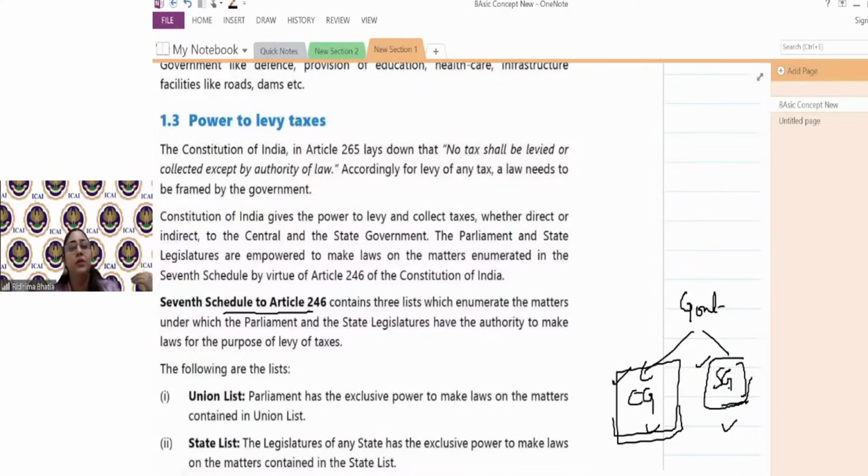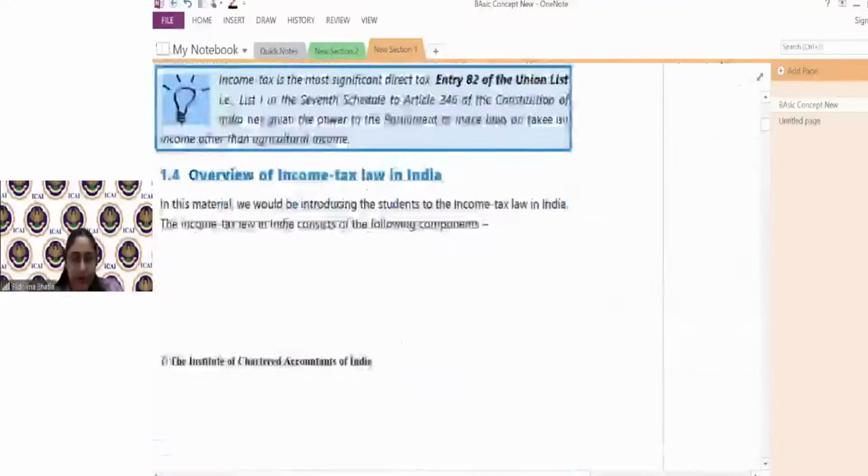So that's the reason that आपने कभी, you would not have seen anyone from the states imposing income tax or making amendments to income tax. Everything is done by our finance minister. Finance minister is a part of central government. That's why central government के पास ये authority आता है. So it's a framework. Again, no one would be asking you this in exam. This is again a part of the background, a part of a layout which we should understand. Okay.